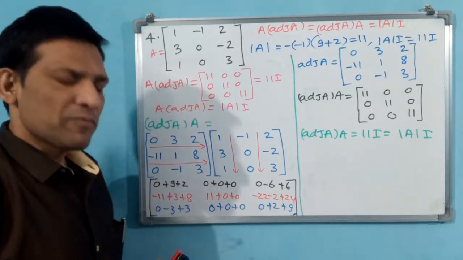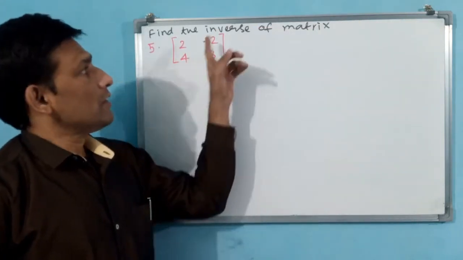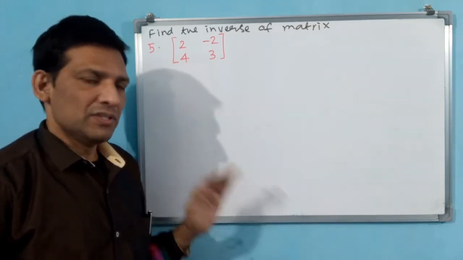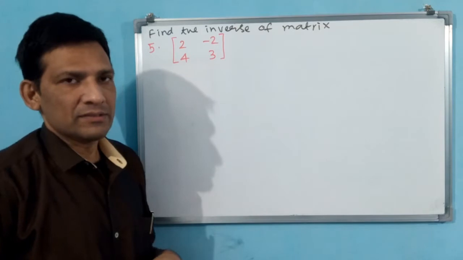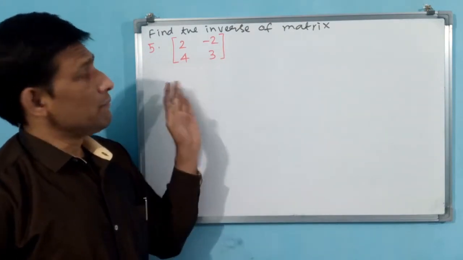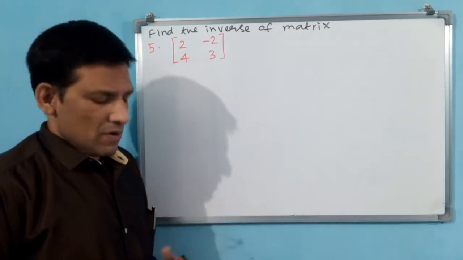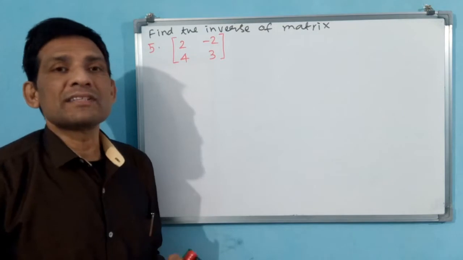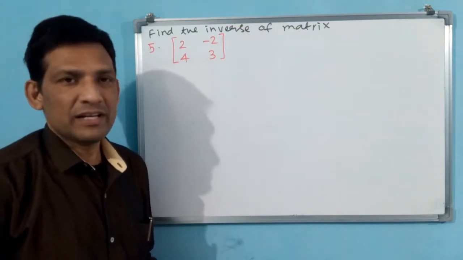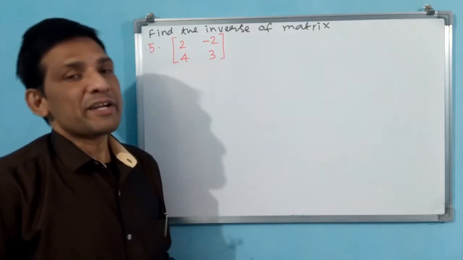Let us go for the fifth question. Okay. See the fifth question, what they have given. Find the inverse of the matrix. You see 5, 6, 7, 8, 9. See, up to 9 we are going to try in this class now. All these questions we have to find the inverse. But see, finding the inverse for 2 by 2 is a little bit easy. Why? Because we are not going to find the inverse of the matrix by transformation or elementary operation methods. Okay, we are not going to find with those methods. We are going to find with the determinant method.